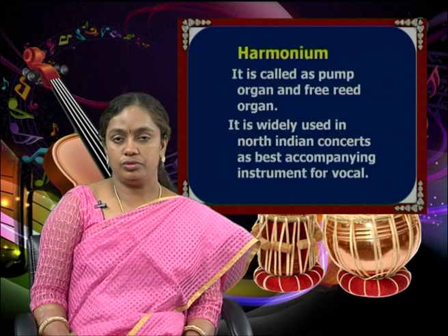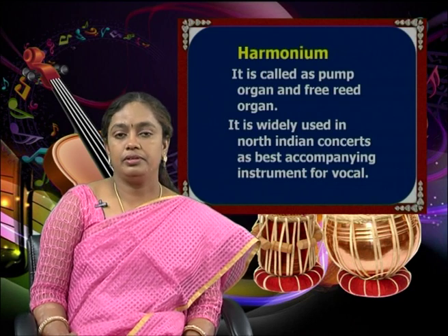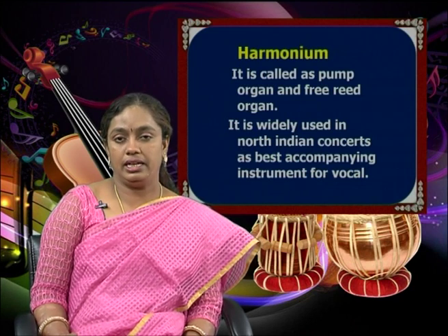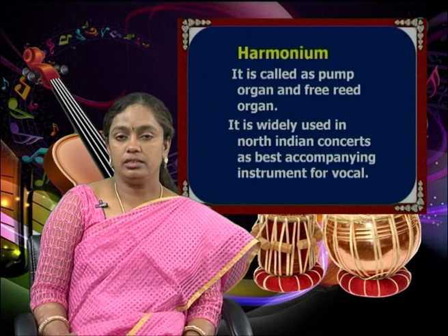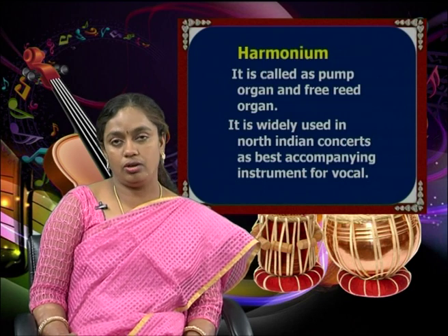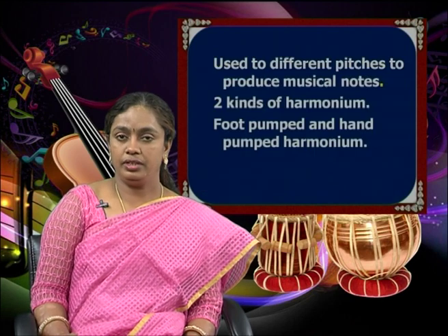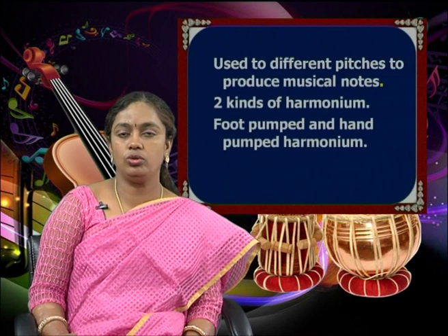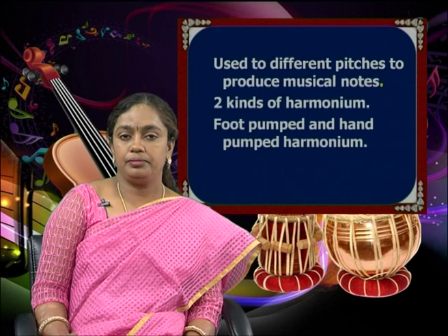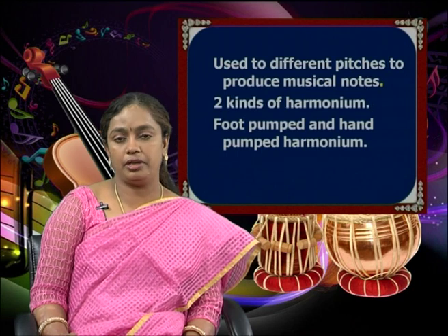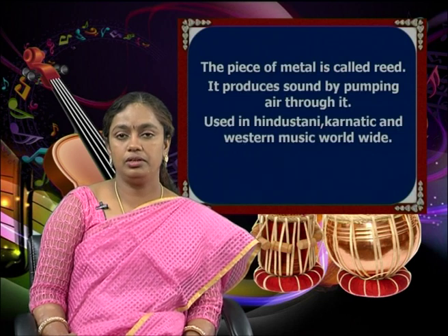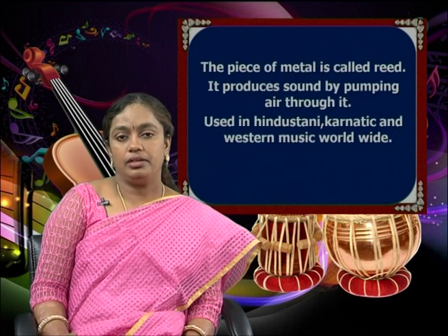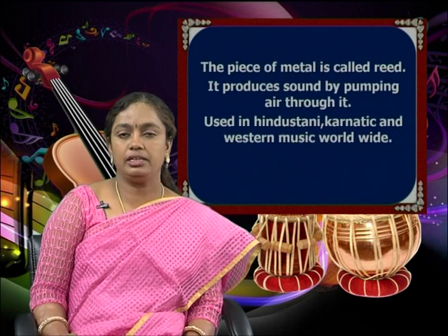And now let us move to some particulars about harmonium. Harmonium is called a pump organ and it is a free reed organ. It is widely used in North Indian concerts as the best accompanying instrument for vocal of Hindustani music and folk music. This is a picture of harmonium. It is used to give different pitches to produce musical notes. There are 2 kinds of harmonium, that is foot pumped and hand pumped harmonium. The piece of metal is called reed. It produces a sound by pumping air through it and it is widely used in Hindustani, Carnatic music, Western music